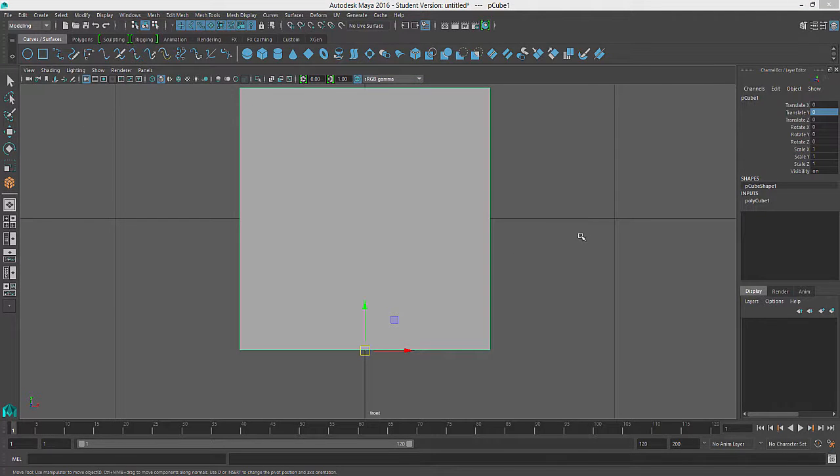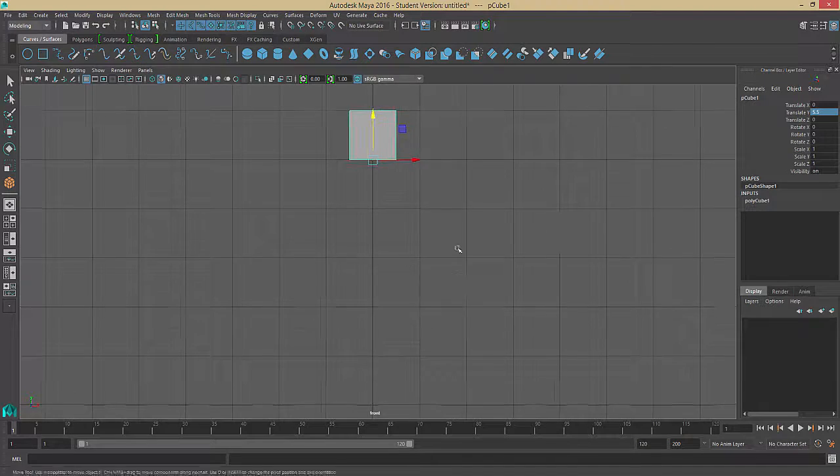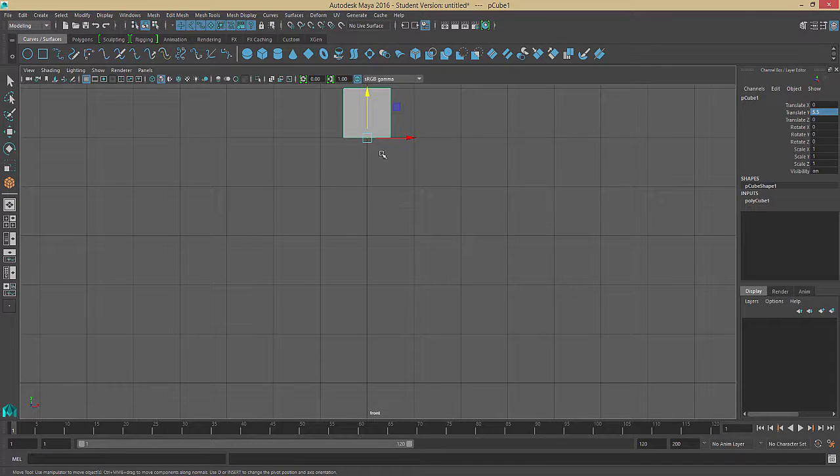Now that the pivot point is locked into place, I can adjust where my cube is. I may want to first just move the cube up to the grid line. So that would be 0.5 because it was in the middle, and now I moved it up to the ground plane or the 0, 0 axes from the front view, so that's 0.5. Now I know that I can move up 5.5 and it will actually be 1, 2, 3, 4, 5 units up. Now that might be well and good, however 5.5 is still not accurate because it's 5 units up, not 5.5 units up. So if I go back to my